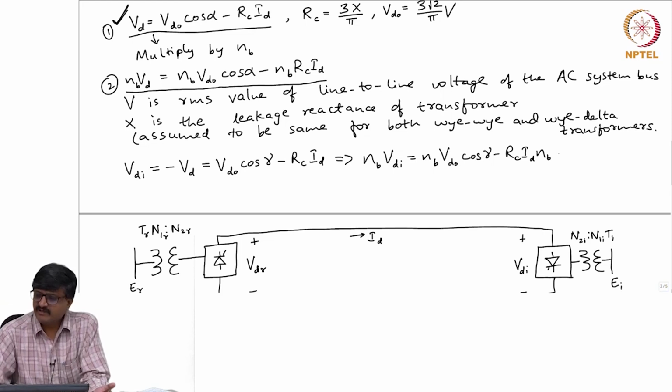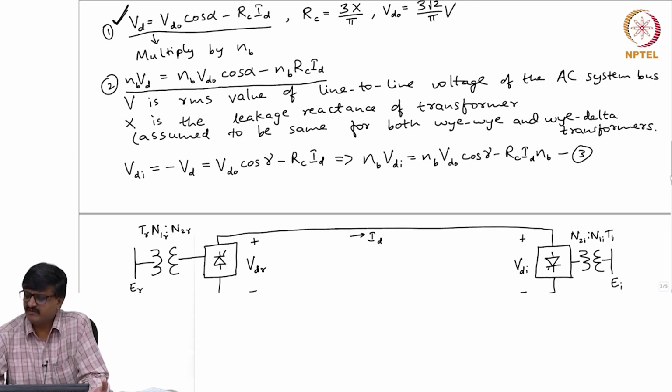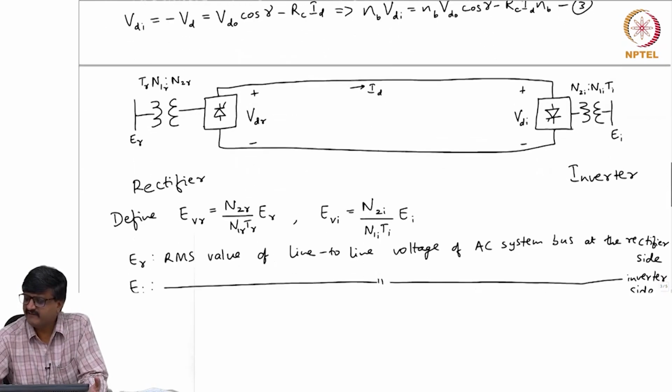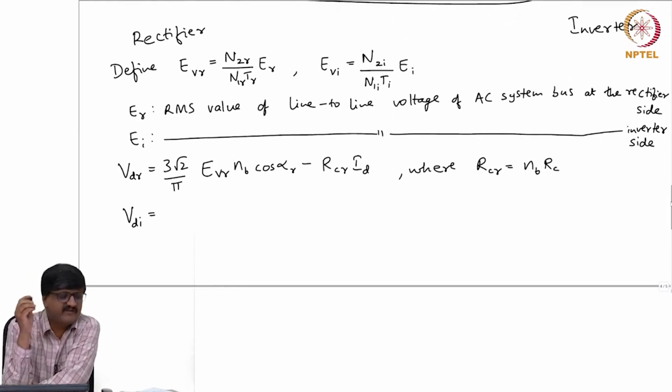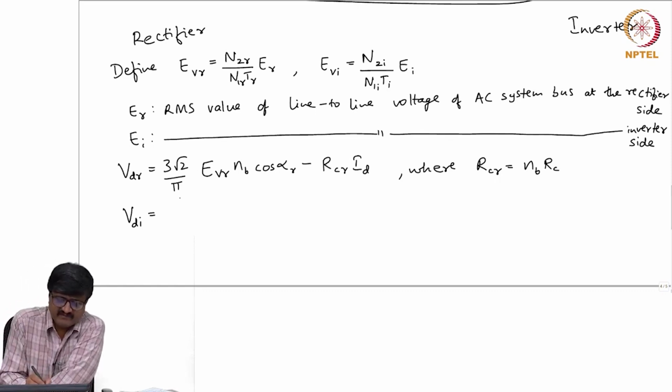Now, equations 2 and 3 are slightly different: 2 is in terms of alpha, 3 is in terms of gamma. We will see shortly why gamma is used for the inverter and alpha for the rectifier, but before that, can we write from equation 3, and come back to this figure, a similar equation as we did for the rectifier? So, what is VDI? Similar to the previous equation, it is 3 root 2 by pi into